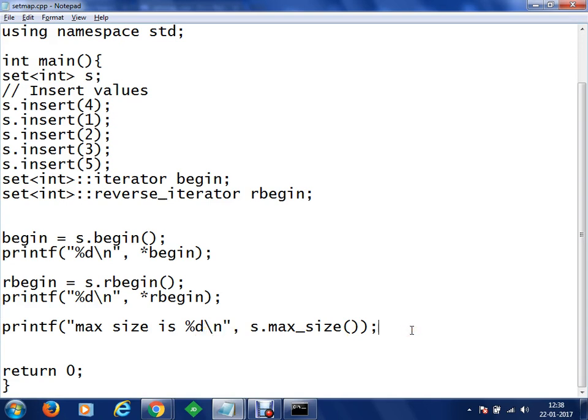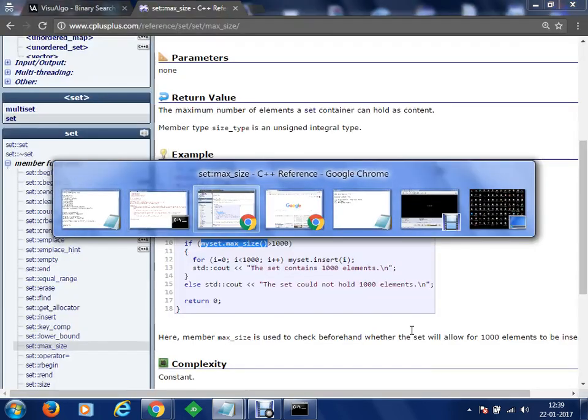So, वैसे तो एड्रेस ही रिटर्न कर रहा है, साइज का करके देख लेते हैं, रिटर्न कर रहा है s डॉट साइज. यार s डॉट मैक्स साइज ही तो है, s डॉट साइज. कंट्रोल s, कंपाइल दैट.